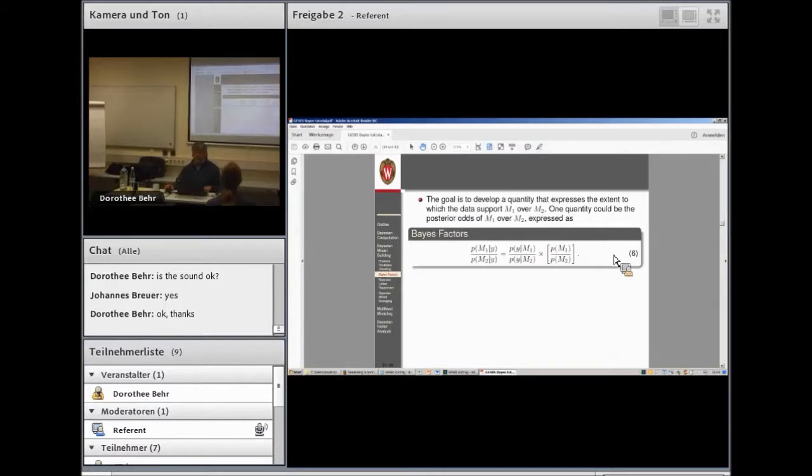So, if you look at equation 6, this is the Bayes factor, in essence. If you look at the numerator, you're going to look at something that's going to look a lot like Bayes' theorem, with a twist. Posterior probability of model 1 given the data is equal to the probability of the data